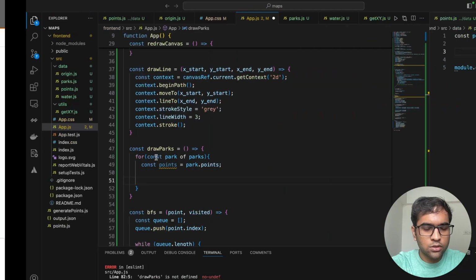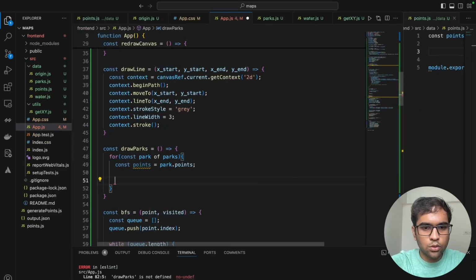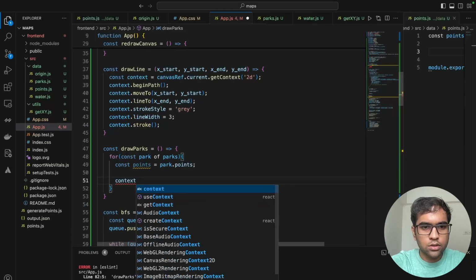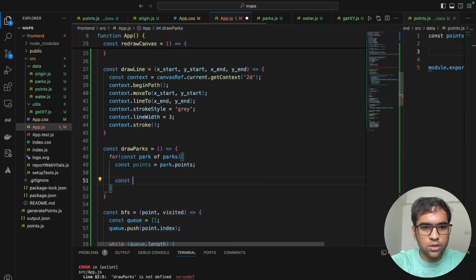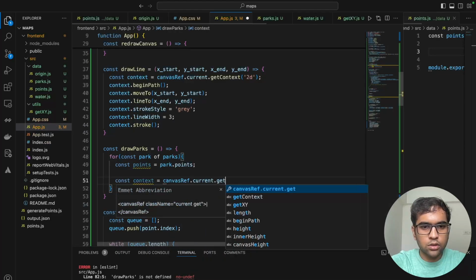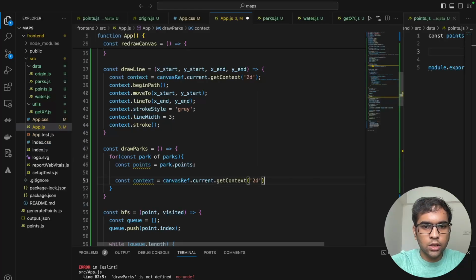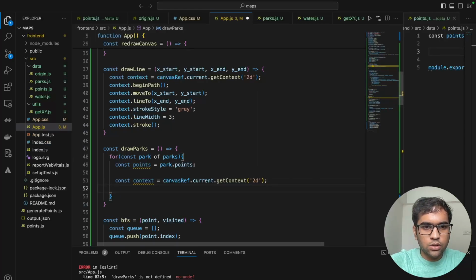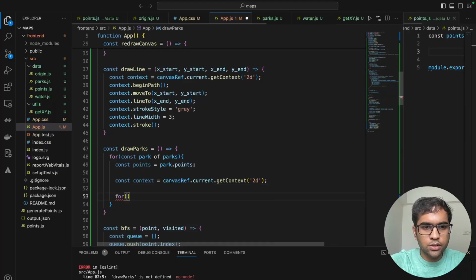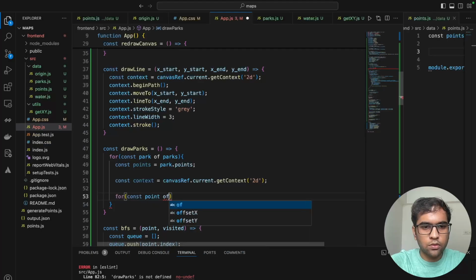So let's do that. Firstly, let's get the context here, equal to canvas ref dot current dot get context of 2D. Once we have the context, for const point of points,